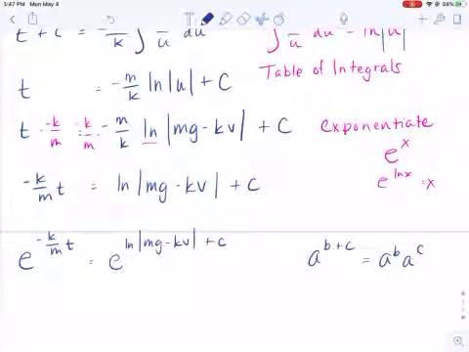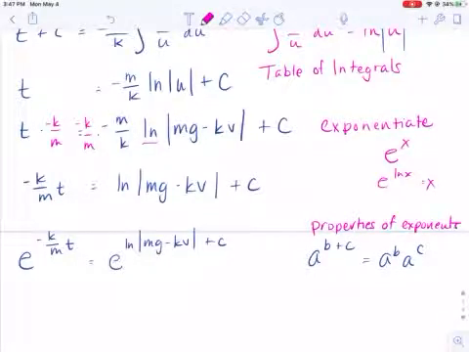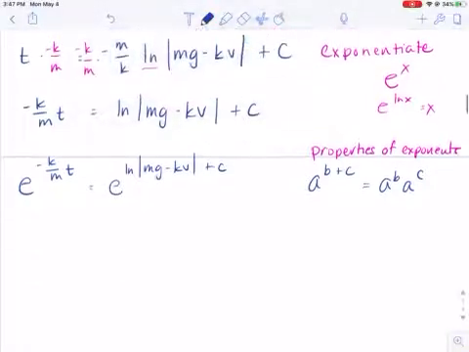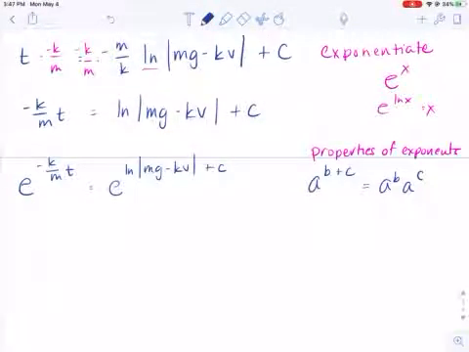Remember those properties of exponents? Okay, so this is going to be e to the negative k over m t